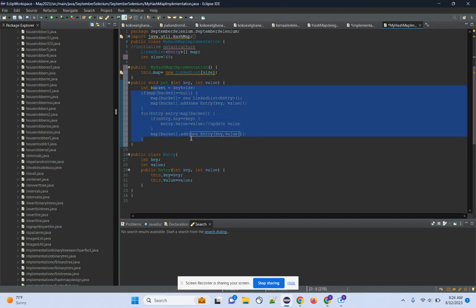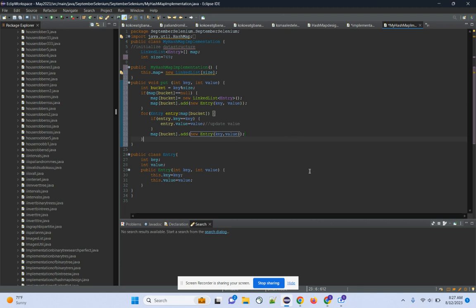This is all about the put method, wherein we said that if bucket is null, add the fresh entry with the linked list, and if you get the key, just update the value. Otherwise, you have to add that particular key value in that particular bucket, in that particular map. Next, let's go to the next